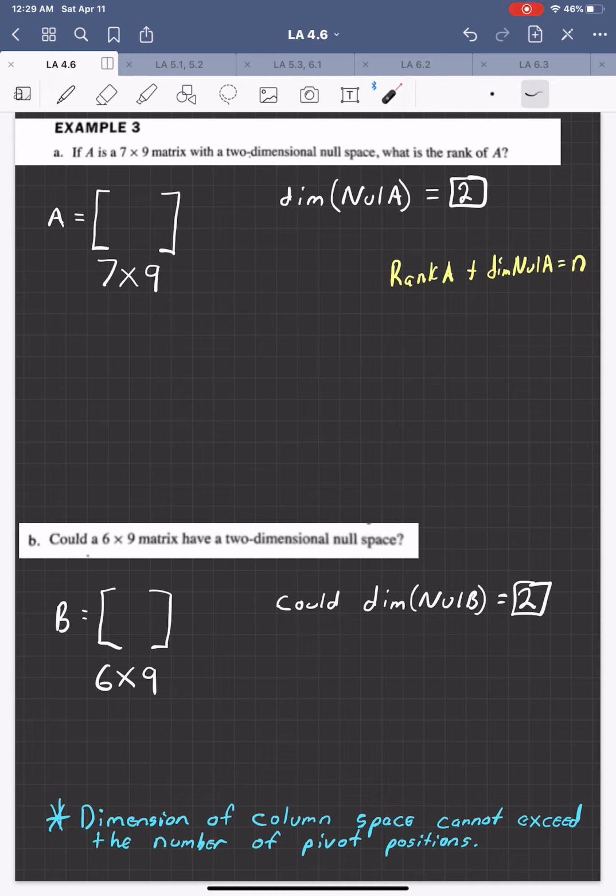The fact that it says a 2-dimensional null space means the dimension of the null space is 2. So I know I can place 2 here. Now I don't know what the rank of matrix A is because I don't even have